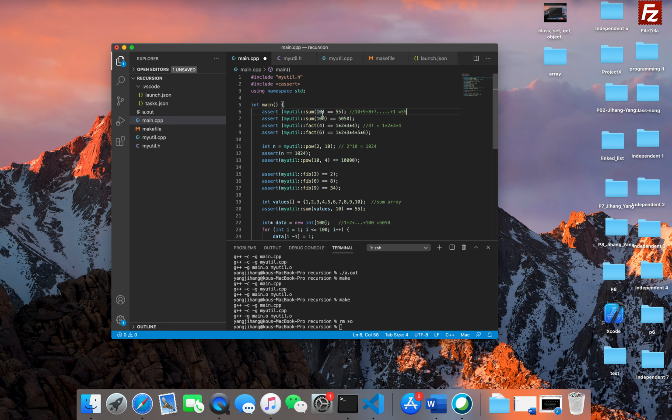Yeah, I put a 10, right? That's the sum function. What about 100? It's the same thing. 100 plus 99 plus 98 until plus 2 plus 1 is equal to 5,050. Yeah, that's the sum. And the second one,